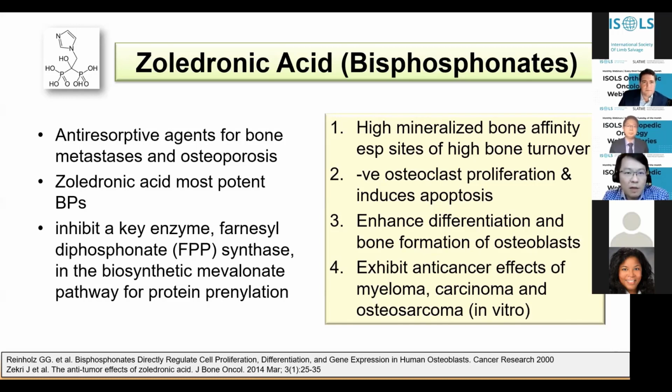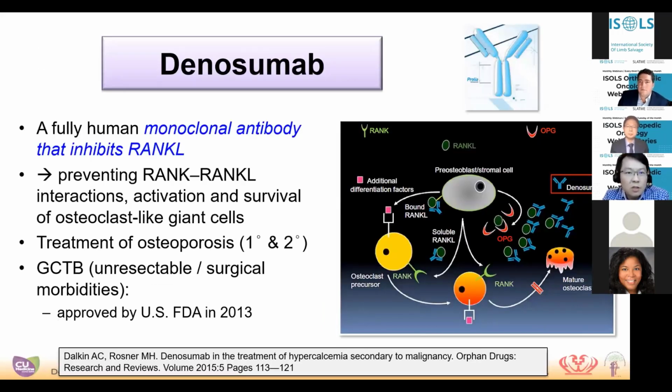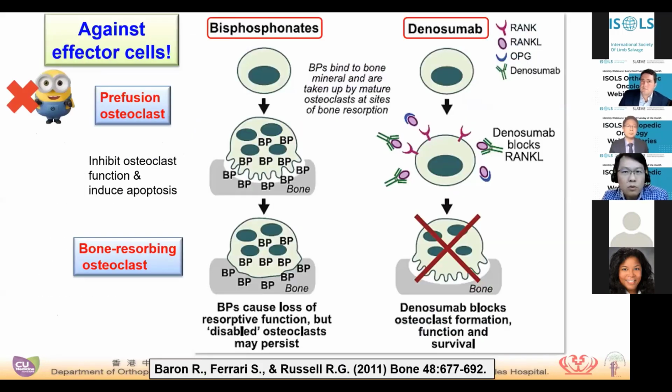So denosumab, I've been talking about it in the last 10 years. It basically targets the RANK ligand pathway. It is very potent and effective on this pathway, stopping all the resorptive activities. I think this slide compares the two drugs. The main difference is that denosumab is very targeted and very potent. It just kills off all the osteoclasts, but it doesn't have any effect on the tissue side. Bisphosphonates are less potent.